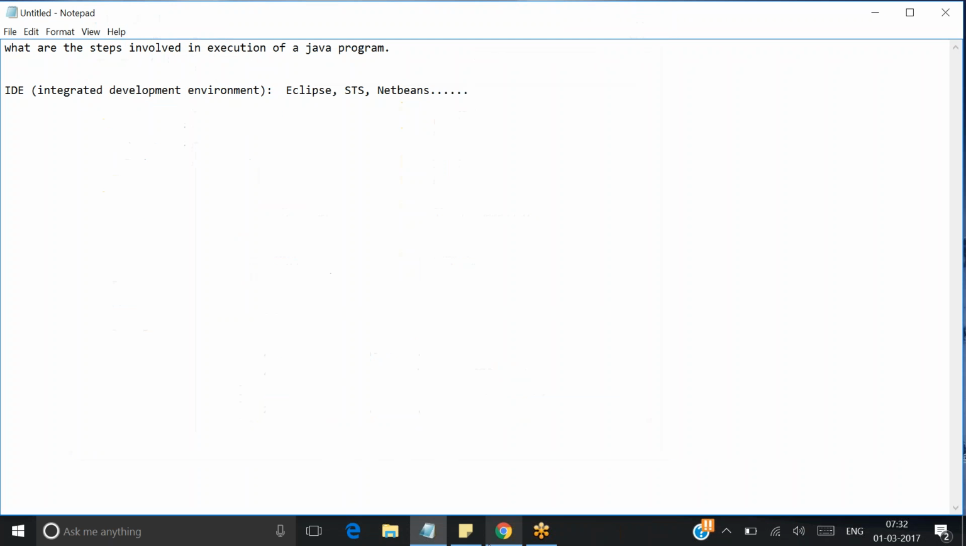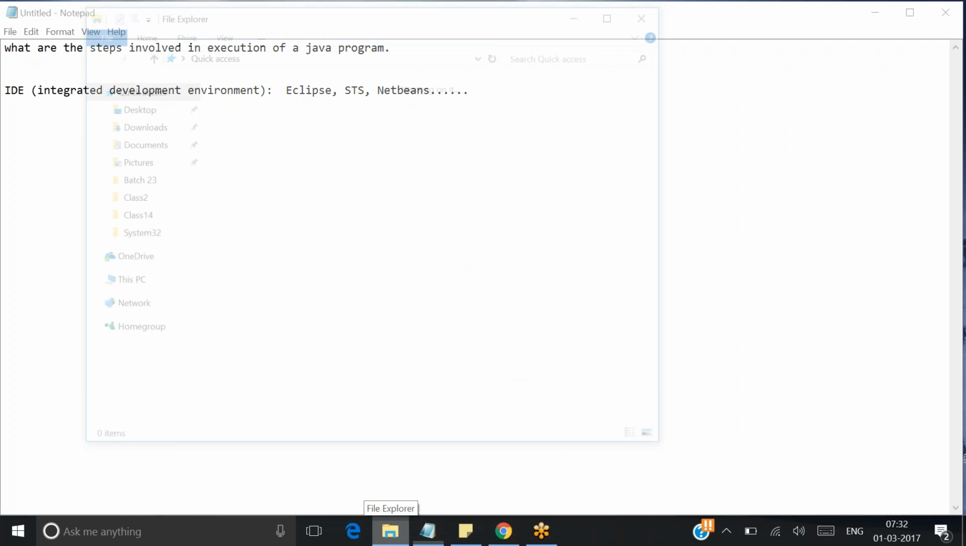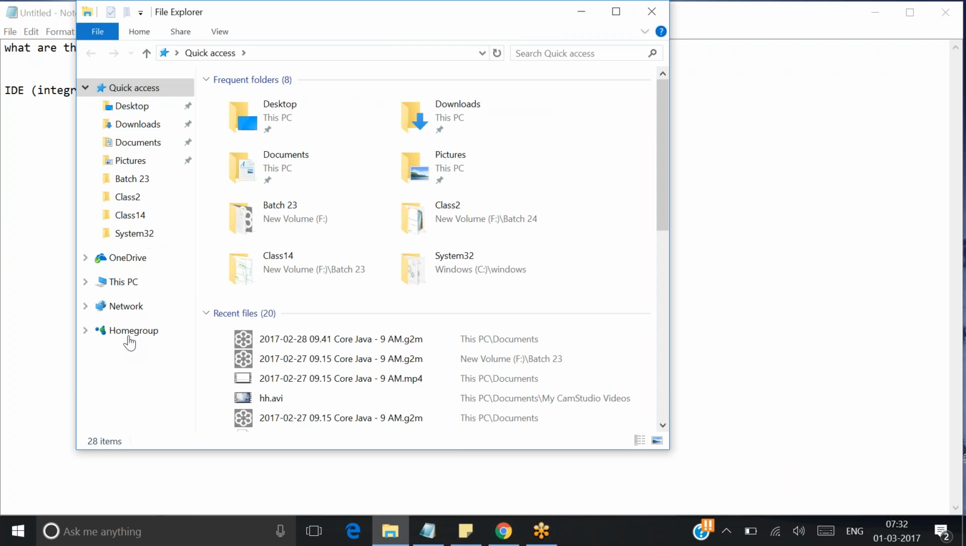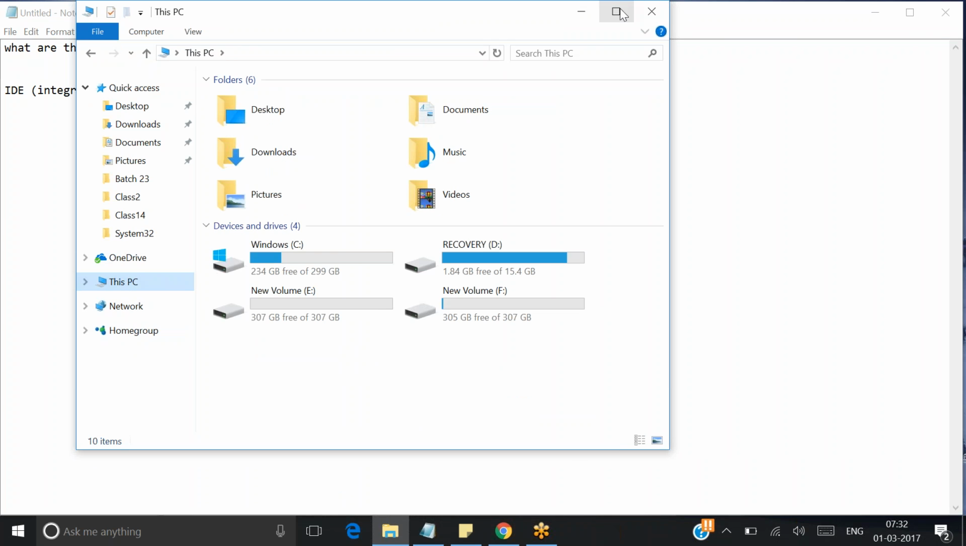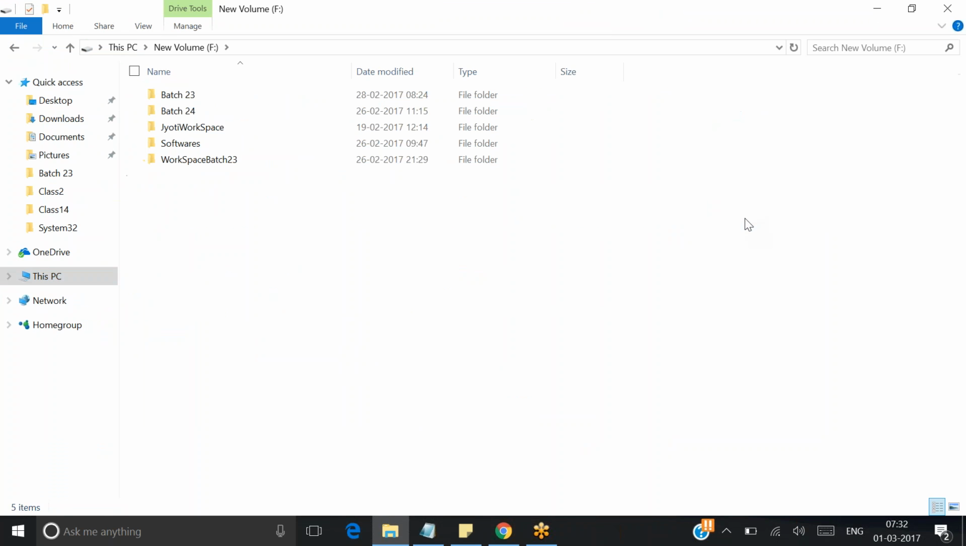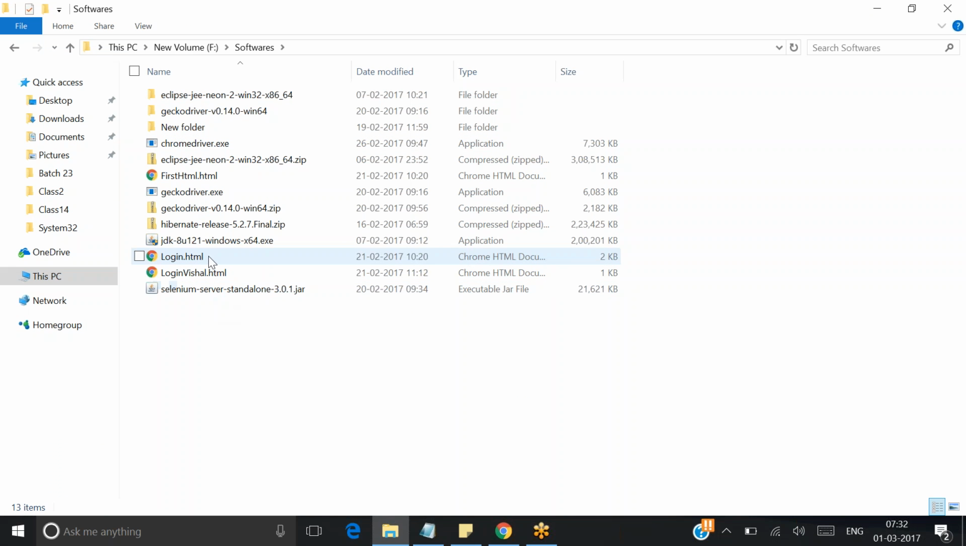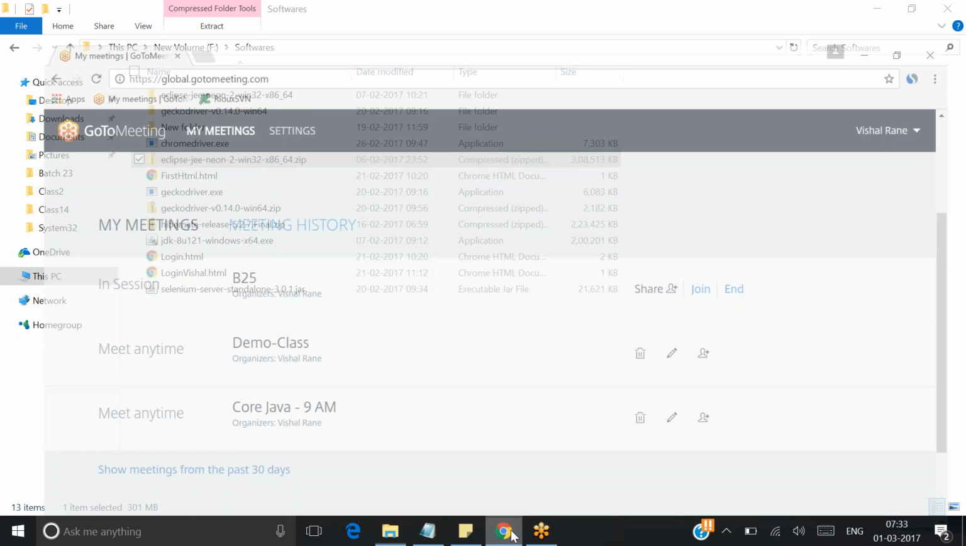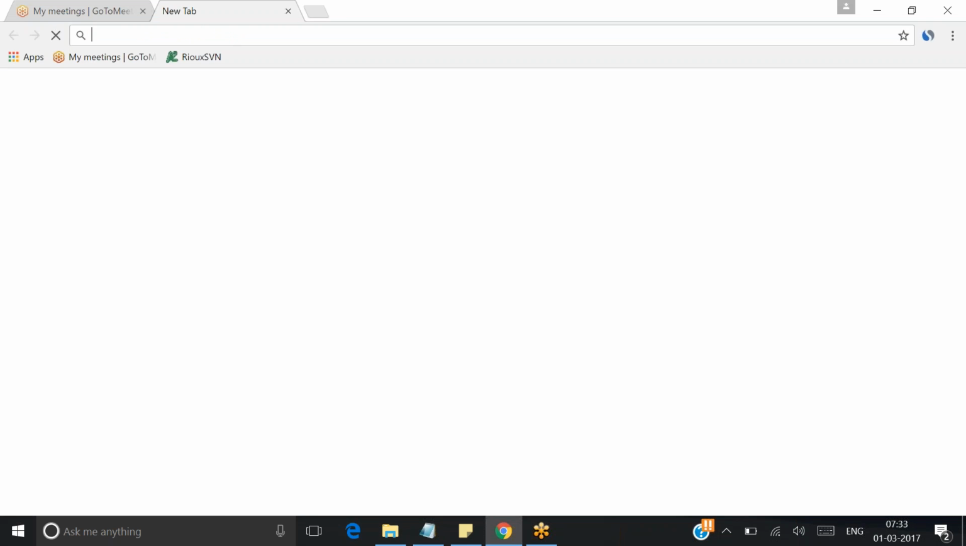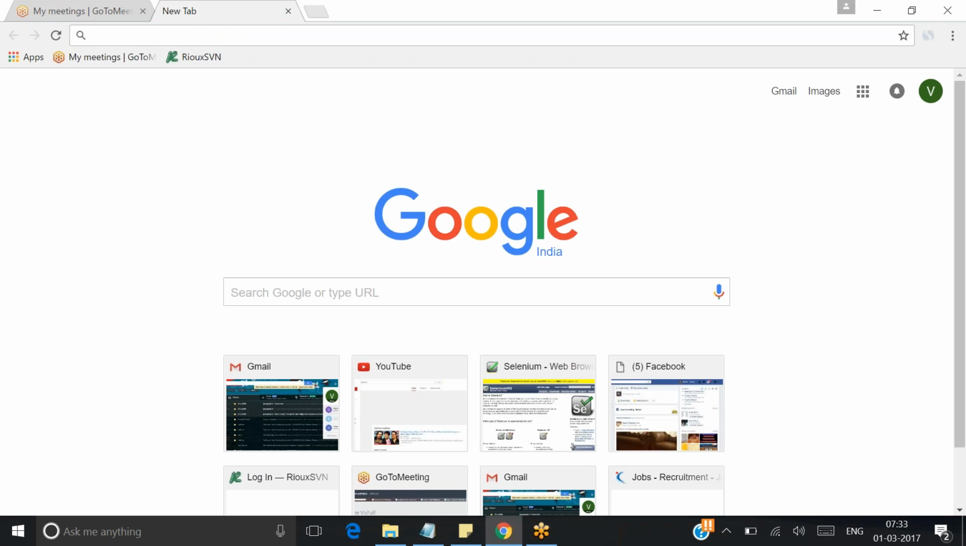So first of all, I have already downloaded Eclipse on my computer. I have Eclipse here. And one more thing, guys, as we discussed earlier,